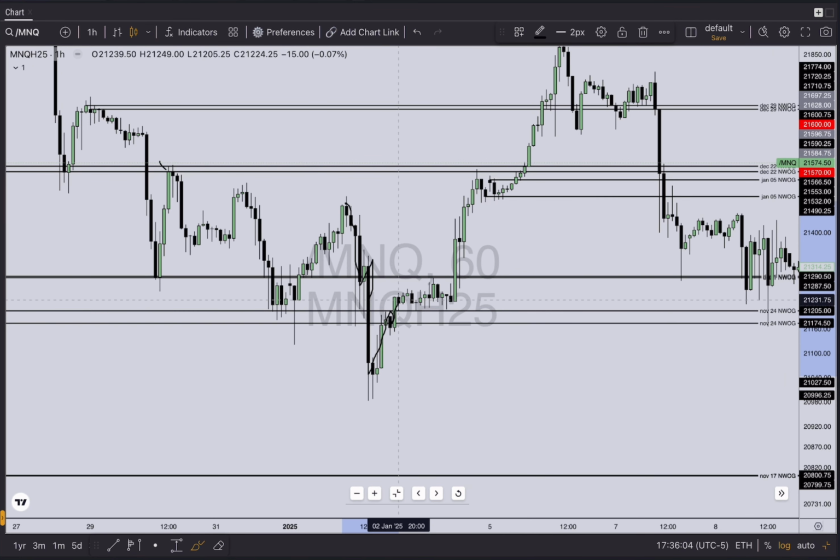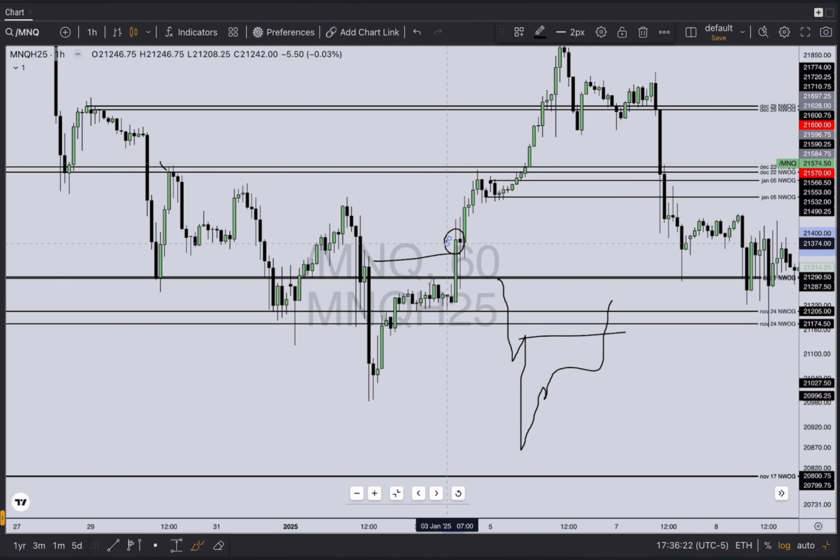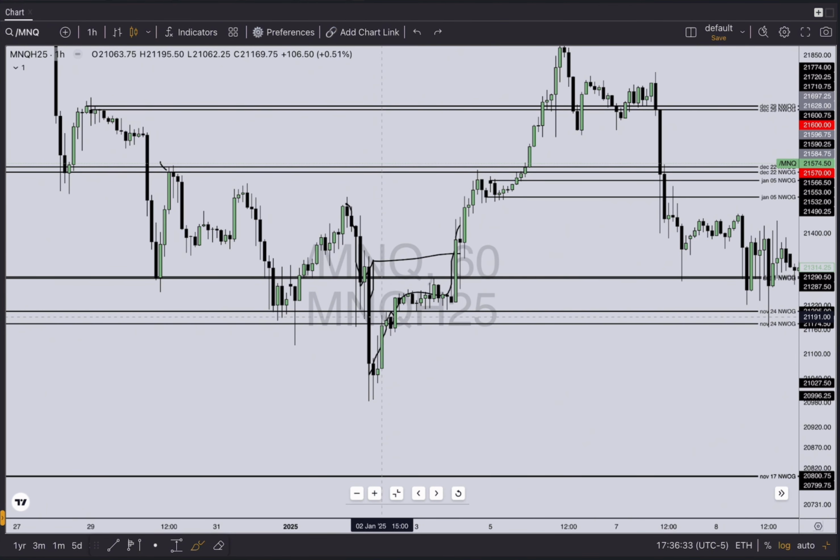And then at one point in time, we broke structure. So if we take this drawing, we can see how market broke structure here with a candle close. See how the candle closed here? This is no wick, this is a candle close. This is identified as a market structure shift, a market structure break. We're switching from bearish to bullish, right? That's the whole thing. We're switching from bearish to bullish,